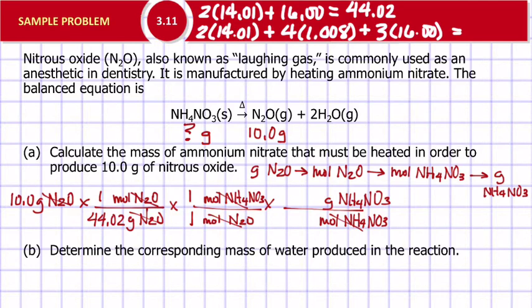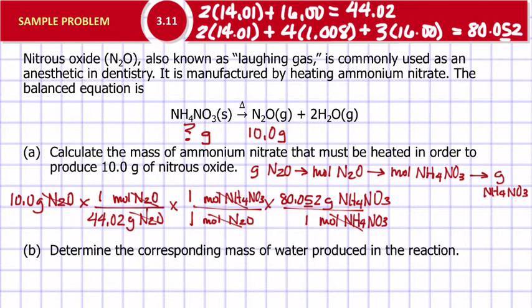I'm getting 80.052. One mole of ammonium nitrate weighs 80.052 grams. So now just go left to right, multiply by the top, divide by the bottom. So 10, you can do times 1 if you want to, divided by 44.02, times 1 divided by 1, times